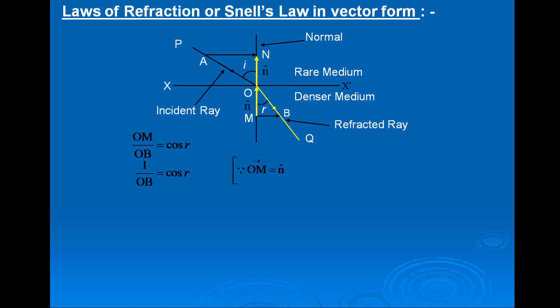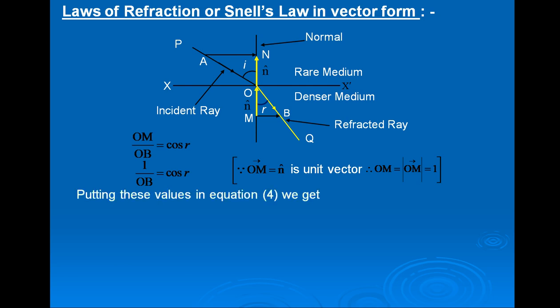Again, because vector OM is equal to n cap, a unit vector, therefore the magnitude of vector OM is equal to 1, because the magnitude of a unit vector is 1. Putting these values in equation 4, we get mu into cos r into n cap plus r cap